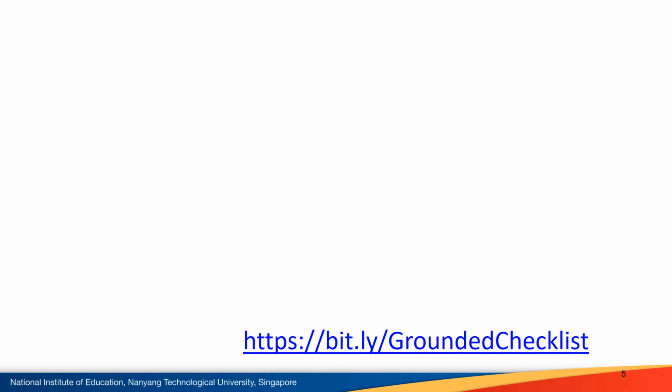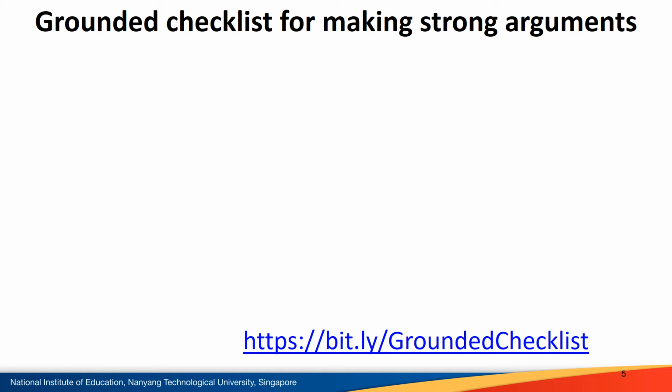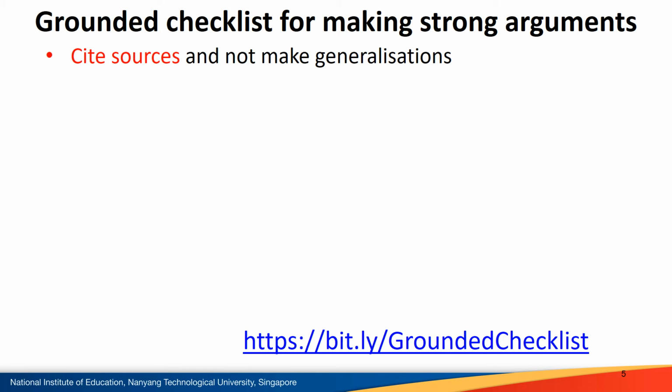From these 20 excerpts, we're able to generate a grounded checklist of what you should consider to strengthen your argument. I will go through this 6-point checklist with you now. Firstly, to make a strong argument, you need to cite sources and not make generalizations. Avoid writing general statements like there are many research findings or there are many case studies showing this and that